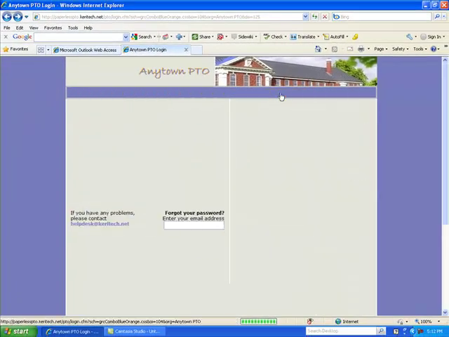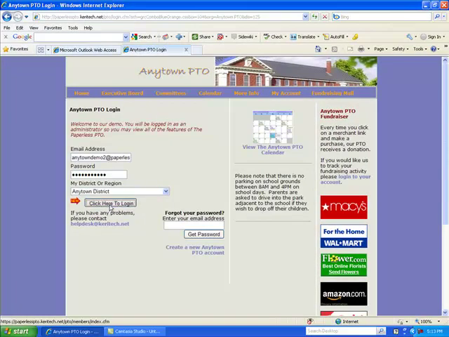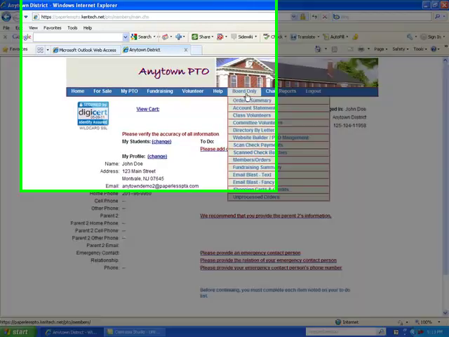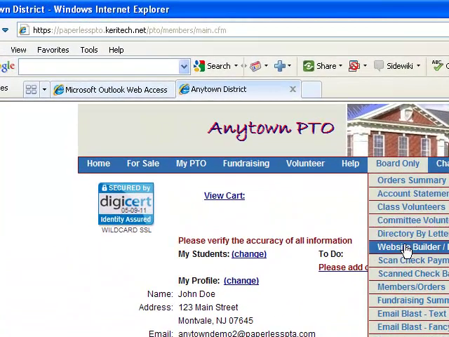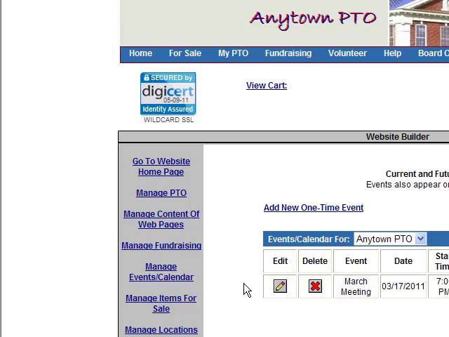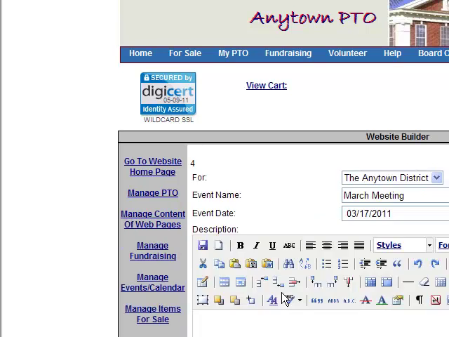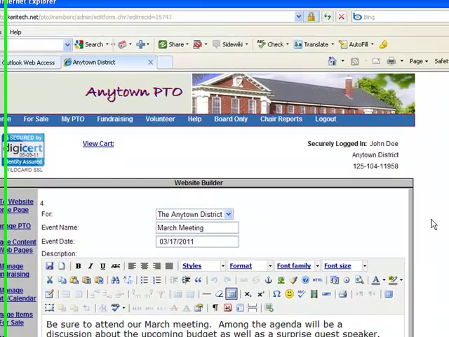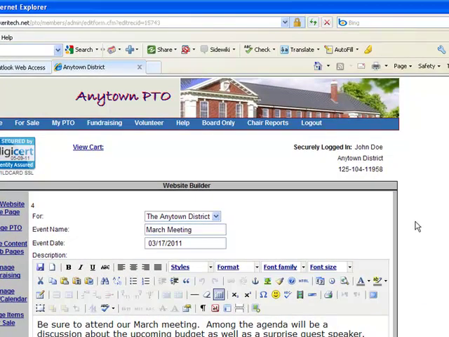We have one listed there, which is the March meeting, and what we'll do is log into our account and then go into the website builder, and we'll make changes to this event. We simply go to the website builder under the board only menu option, and the result is the page that will list all of the events that you have created. Now the March meeting already exists, so what we'd like to do is click on this button here to edit the information on that meeting, and that takes us to a page where we see that the meeting is for the